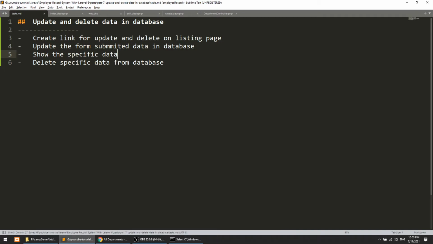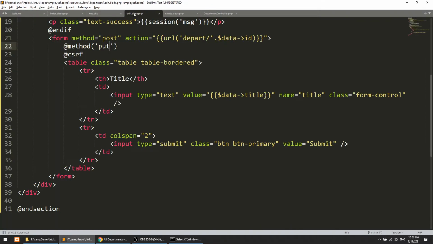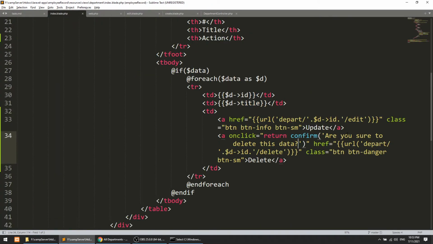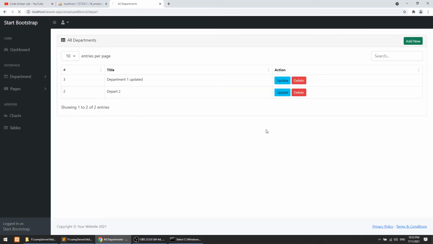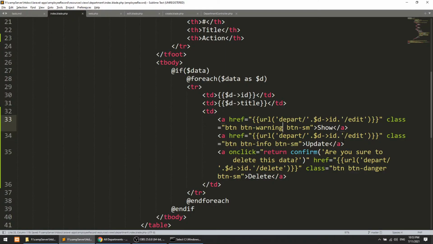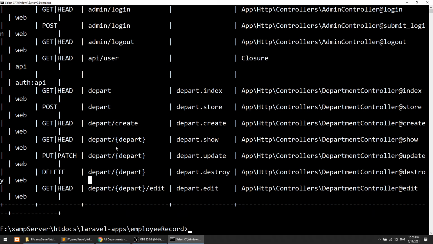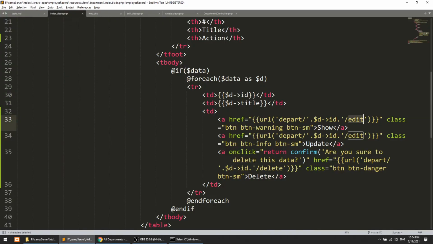Okay, so we need to create the show template. So we also need to create the action here. So I will create here, let's say show, or yeah, it will be fine, and we will add a warning class. So this will show class. Now here we are passing the thing. We need to pass, what do we need to pass here, we can see show this, we just need to pass the ID. Okay, with the get method it will show everything.